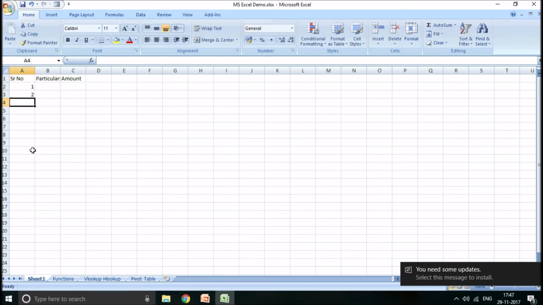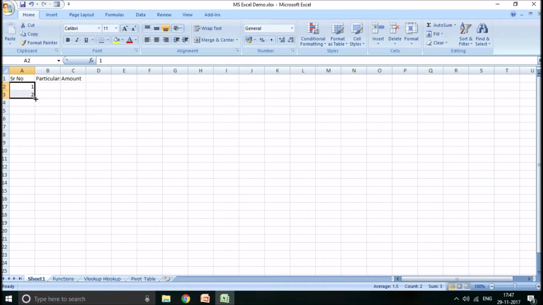Excel gives you some features. Like if you have typed 1 and 2, if you select both, there is a small dot which you can see on the bottom right. If you go there, the cursor turns to a square or plus. You can click and drag and it will give you a series. Now if you have typed 1 and 2, it will automatically take you to 3 and 4. So these are the kind of features which Excel gives.